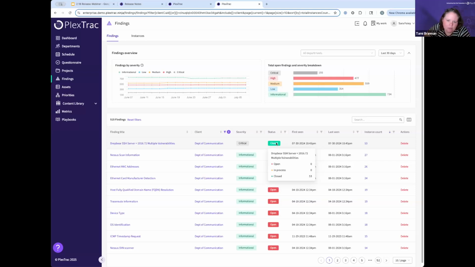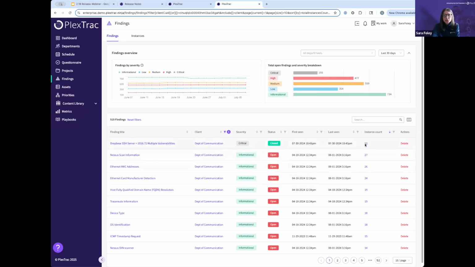So that you would know that something still needs attention. We wouldn't want you to think you could ignore it if a new thing came in. So this status is actually dynamic based on the instances and their status underneath of that. So if something came in, specifically that finding again, we would see it reopen. Exactly. And even if it came in from another source,